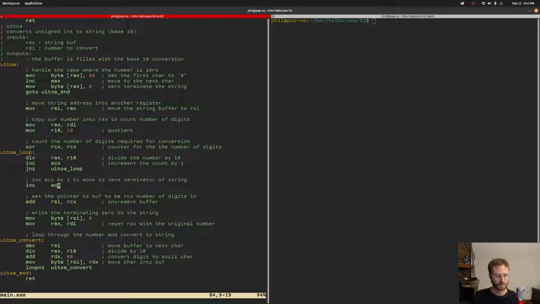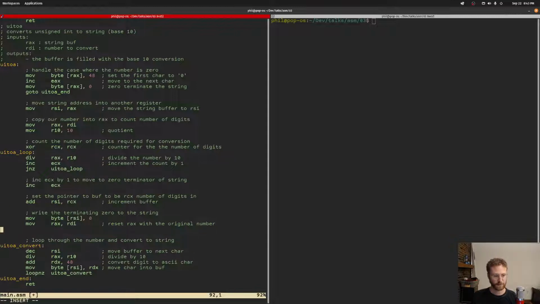Oh, we do have to do that. Okay. So then what we'll do is, after we move that byte in, then we'll actually decrement our ECX, because we want it to be the number of characters that are left in the array. So dec